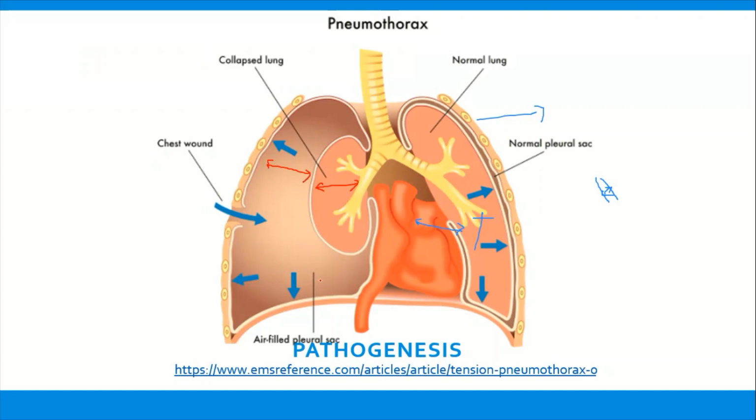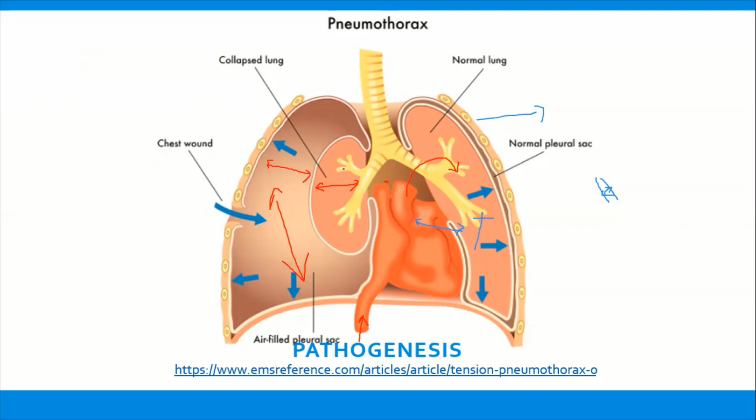Next, what happens? There is an increased pressure in this area, so the whole intrathoracic pressure is increased. What happens to the venous return at that point in time? You need to have a negative pressure in the chest for the venous return to come back. When there is a positive pressure, the venous return will get reduced. If return is reduced, the output is also going to be reduced. So there will be decreased cardiac output and the child will go into shock. Such a case is called a tension pneumothorax.